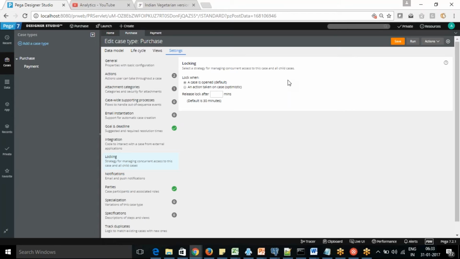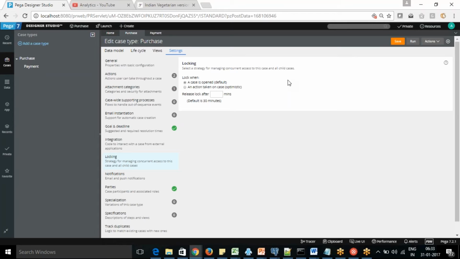What do I mean by action? There will be a submit button. On click of submit, you will get the lock at that time and your changes will be saved, and others will get a warning that the case has been updated by that person.